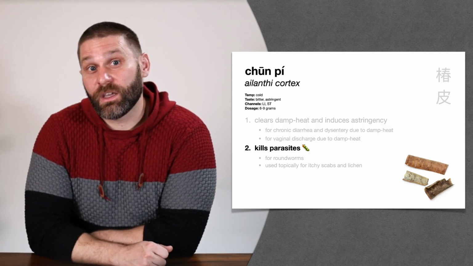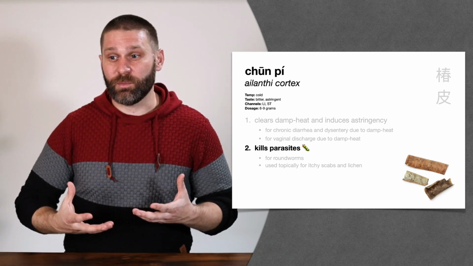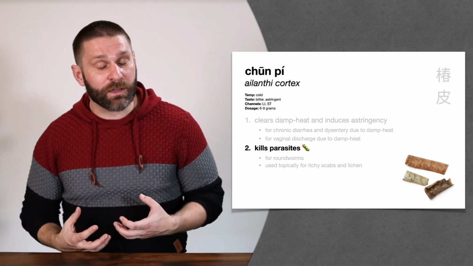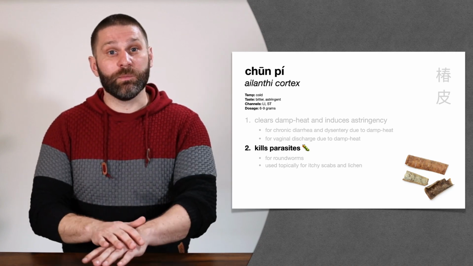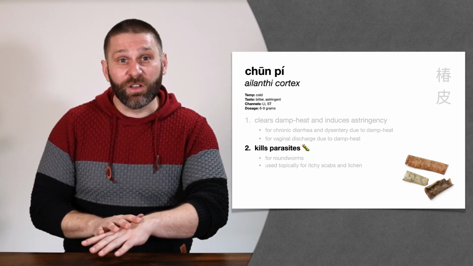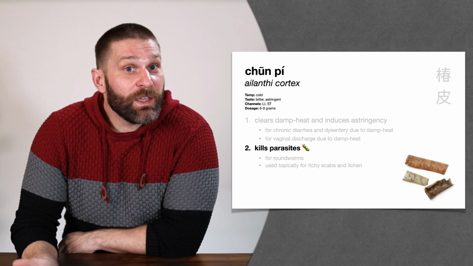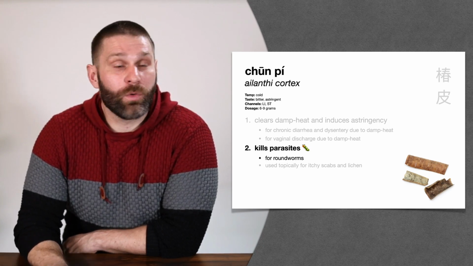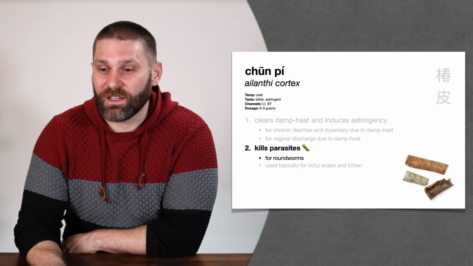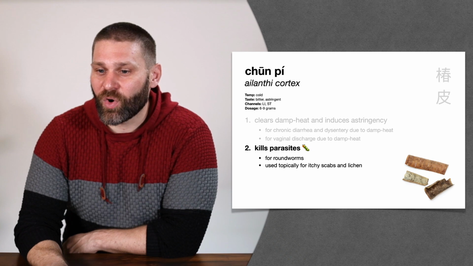Chun pi also has an action of killing parasites. Remember in TCM, when we say killing parasites, this can mean two things. This can mean real parasites like intestinal parasites, roundworm, pinworm, tapeworm, or when we say killing parasites, this could mean skin infection like fungal infections, tinea, itchiness, and rashes. So chun pi, in terms of killing parasites, it actually does both. So it's good for, again, roundworms, so killing intestinal parasites like roundworms, but can also be used topically for itchy